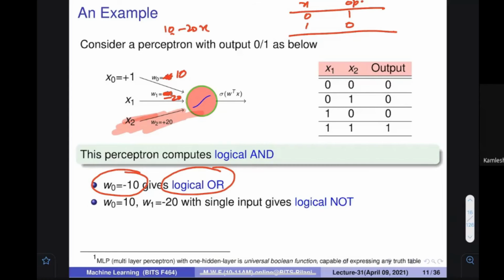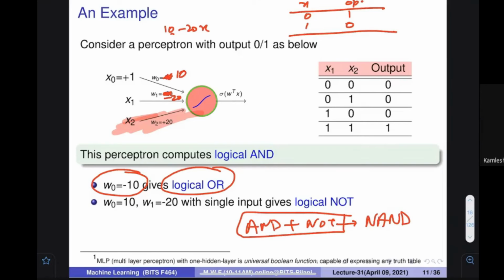Have you seen this? So a single thing can represent all kinds of gates. And a very important thing, you know from digital electronics, is that if there is an AND gate and you add NOT in front of this, you get a universal NAND gate. Or similarly, you can get the NOR gate also.